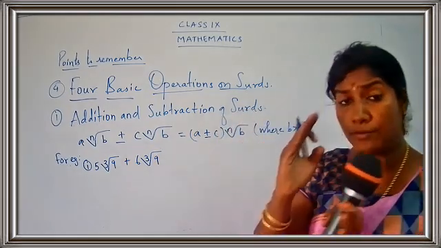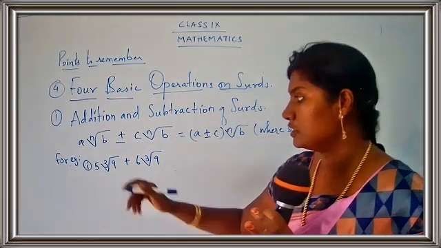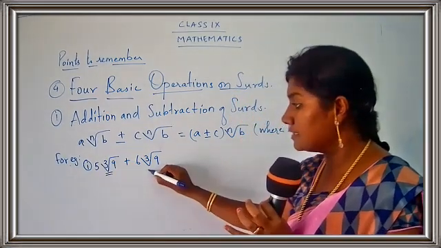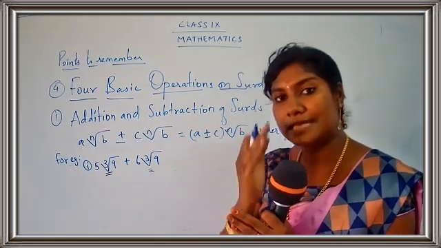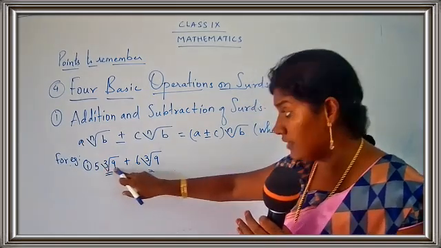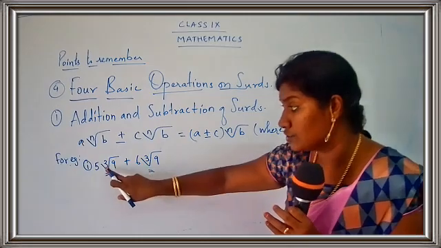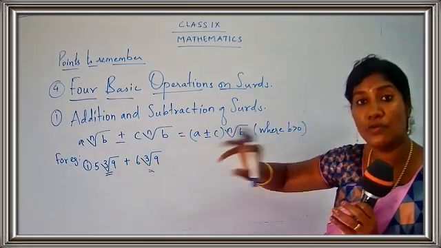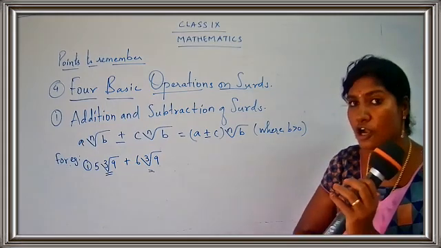Now you have to just check one thing first. Just check whether this part is same. This is cube root 9 and this is also cube root 9. So if you have the same surd, then only you can add, okay? These numbers are same. If these numbers are same, then only you can go for the addition. Otherwise, addition is not possible.